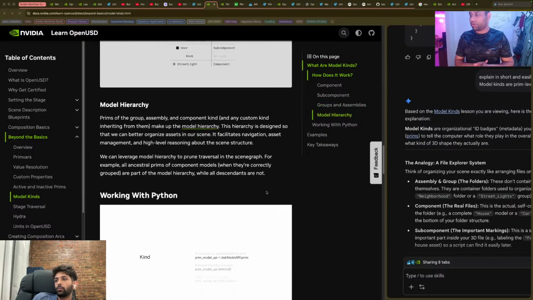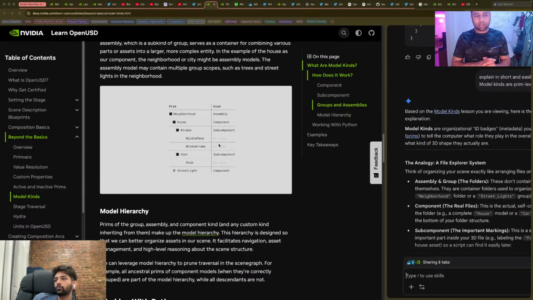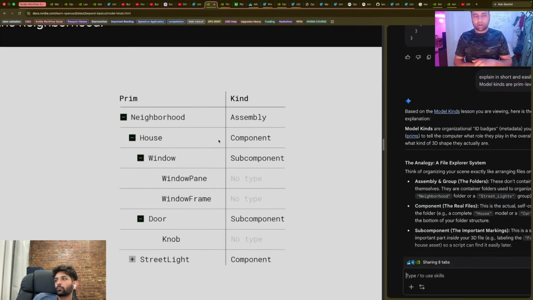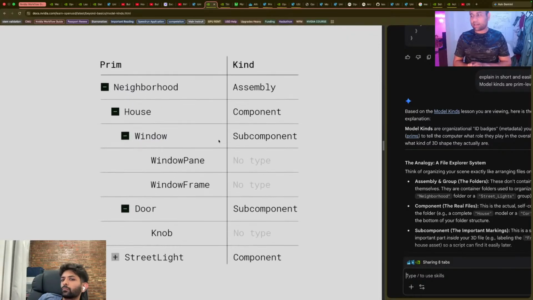Basically, when you visualize it in the scene, it's going to be under the component, but in the kind hierarchy, it's not. So all right. A group is an organizational unit, right? Perfect. In the example of the house as our component,